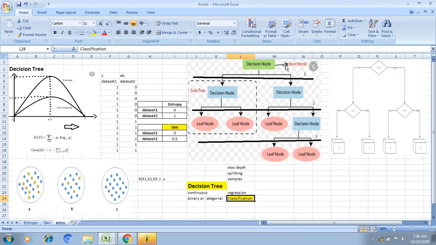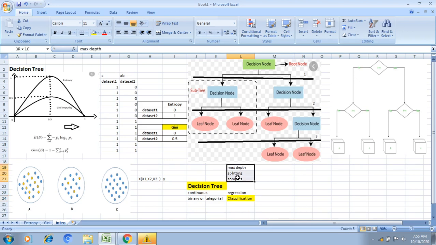The first decision node is represented as the root node, because all the subtrees are connected to the main decision node. That's why we call it the root node. The decision tree is always a top to bottom approach. If you see, the arrows are also drawn from top to bottom, and prediction is also top to bottom. The length of the decision tree should always be medium. It should not be maximum, and it should not be minimum. Always we should take a medium decision tree, because the error in our model should be less.